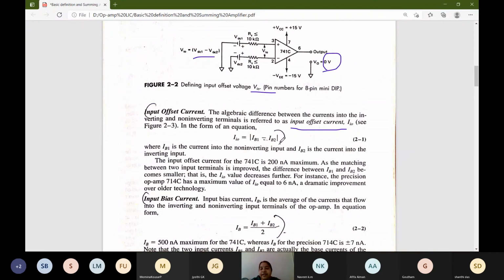The difference between them, you have to take the magnitude. If you get negative, you have to ignore the sign. So you have to take the magnitude of the difference between IB1 minus IB2. That is called the input offset current. So what is IB1? It is the current into the non